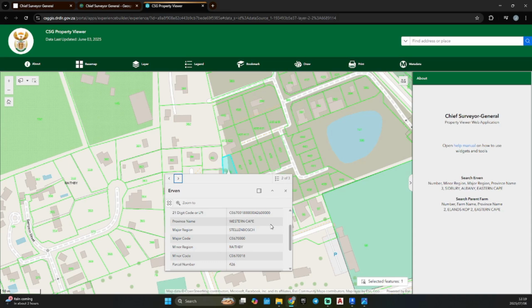We need the province name, Western Cape. Then we need the minor region, that is Raithby. We will need our parcel number, which is 426.